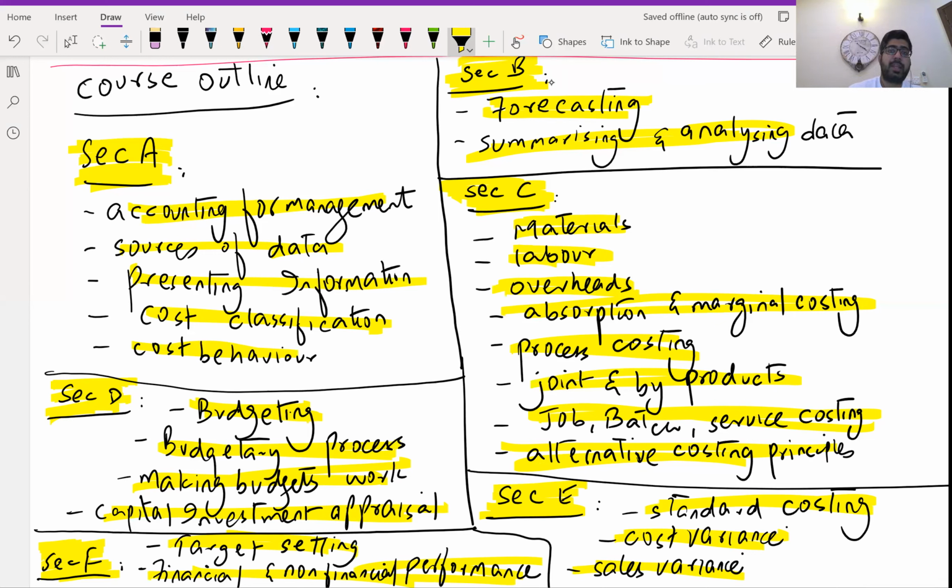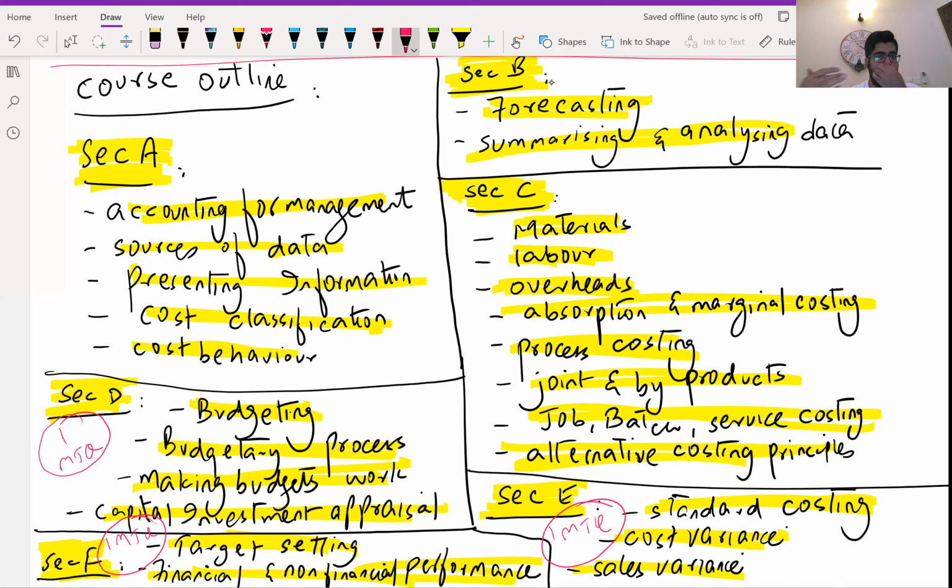Now, usually the MTQ comes from 3 areas. Usually it's not written somewhere, but usually 1 MTQ from budgeting, 1 MTQ from variances, and 1 MTQ from performance measurement. Remember the 3 MTQs of section B of 10 marks: 1 comes from usually section E, variances, 1 comes from section F, target setting, and 1 comes from section D, budgeting. MCQs can come from across the syllabus. 35 MCQs can be spread across the syllabus.